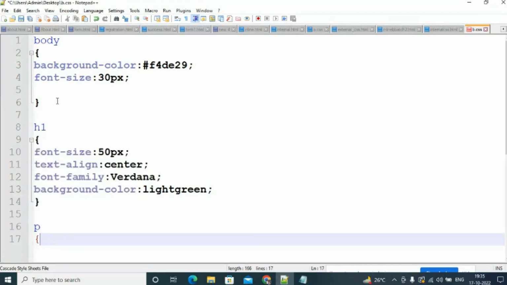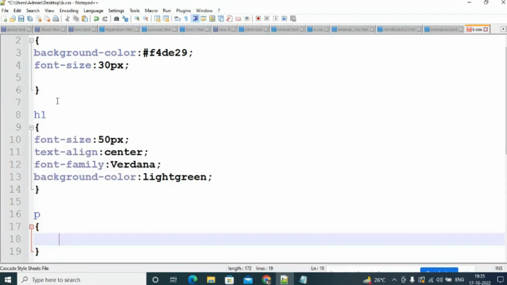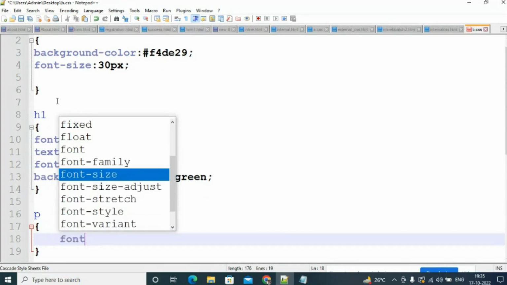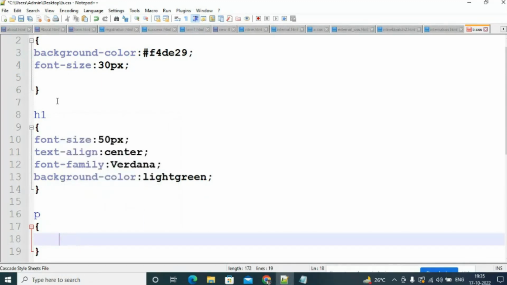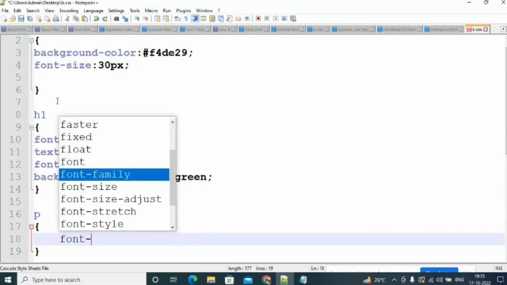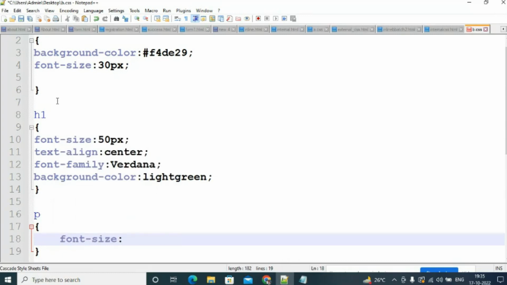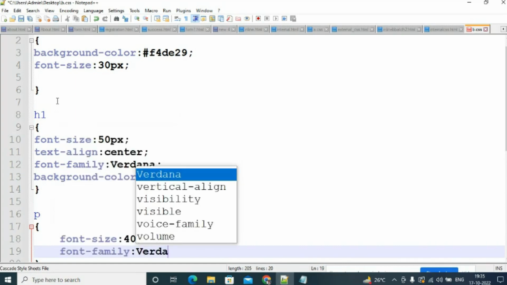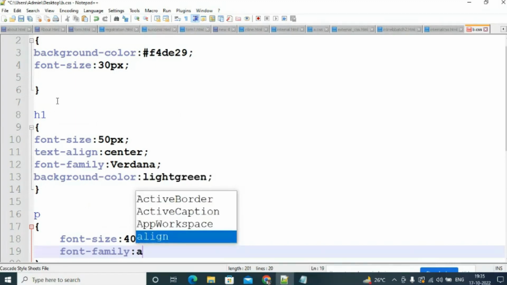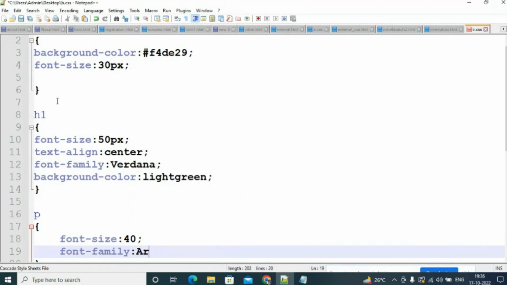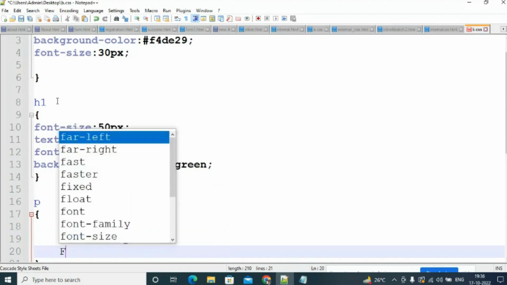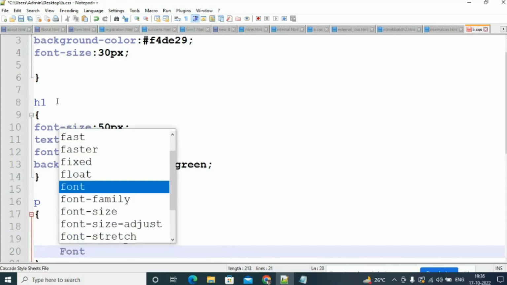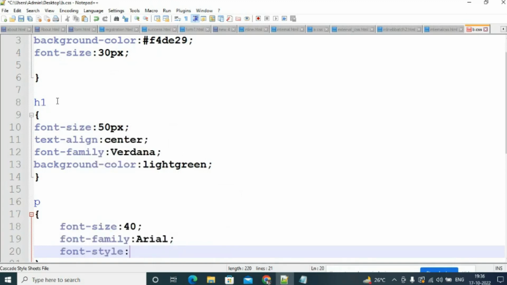Then we have the paragraph tag here. Inside the paragraph tag, we'll write down font size here. Font family Arial. And font style needs to be